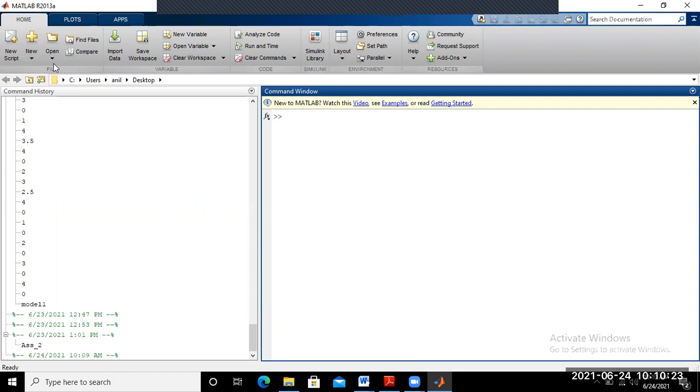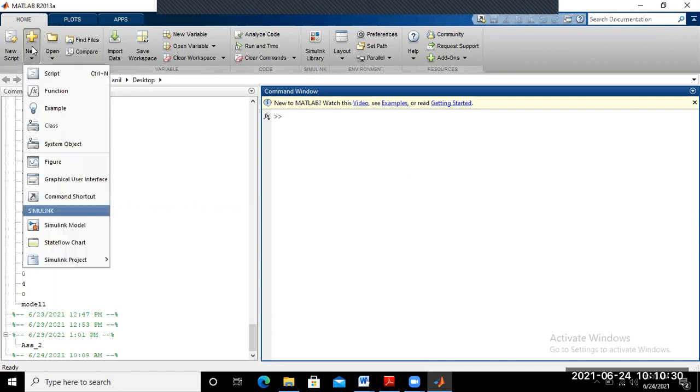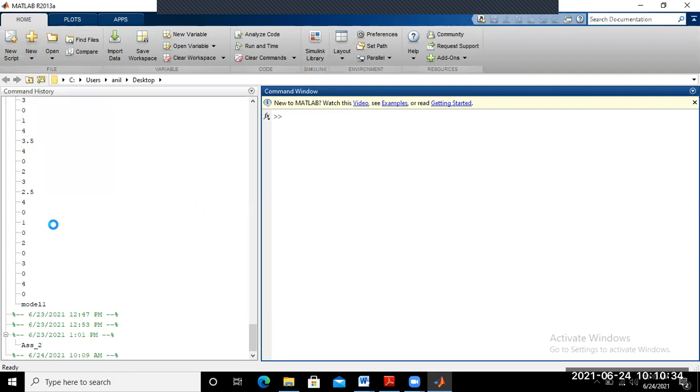First try to open a new workspace where we simulate the circuit. So this one, new Simulink model. Click here, Simulink model.